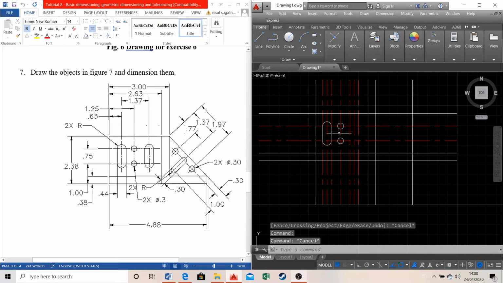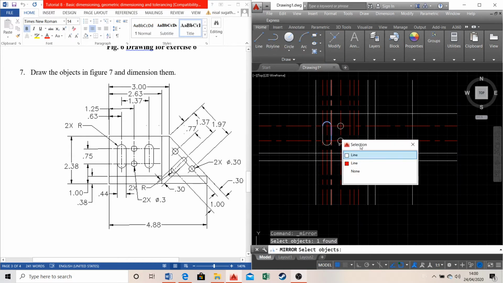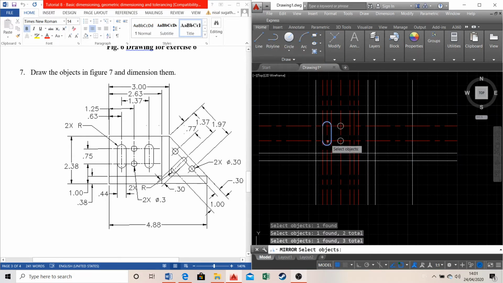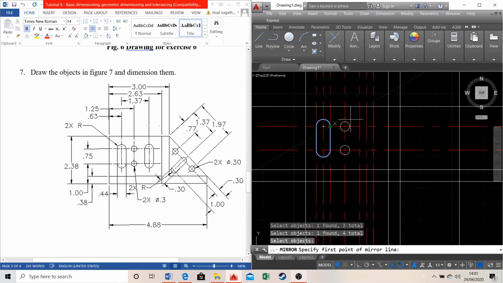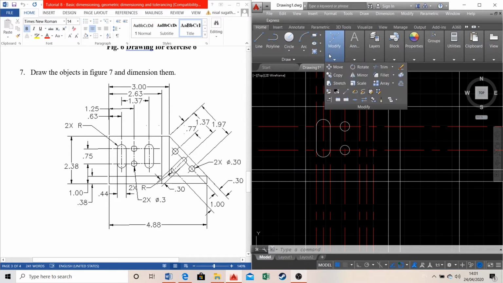And we can mirror this shape to get it on the opposite side as well. So go to modify, select mirror, select all the components that you want to mirror, press enter, and there you have it. So now we're pretty much done with this area of the drawing. And we can trim off the unnecessary sections. So select trim,